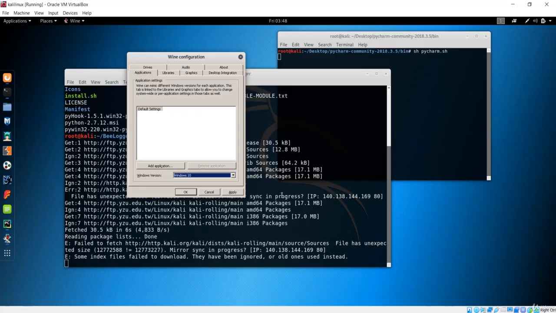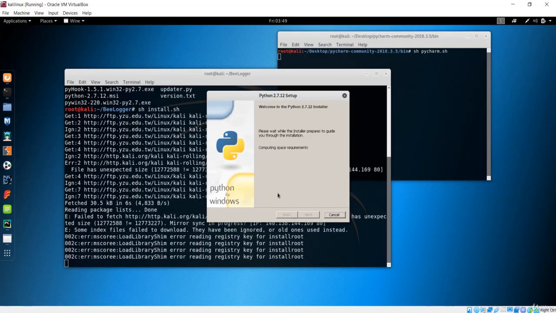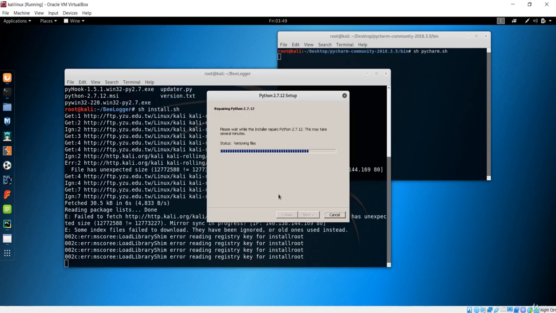Some of the packages like PyInstaller, PyHook, or PyWin32 are going to be installed in this Wine. So let's just press OK. Next, it will see all of the packages, and I have already installed the 2.7 version on my machine. In your case, it should not have been installed. So first of all, you can simply install it, and I'll just press finish, and it is going to be installed over here, so let it take some time to install.